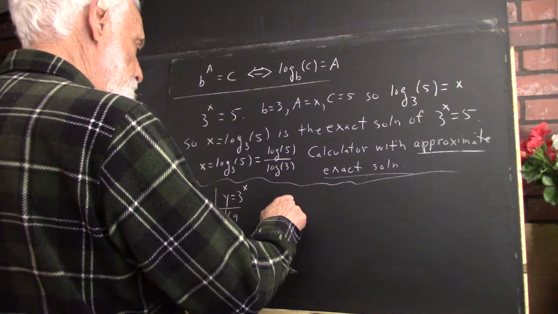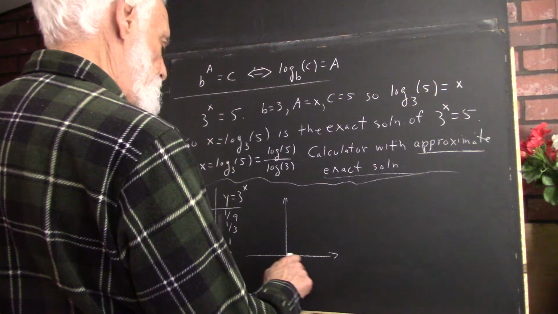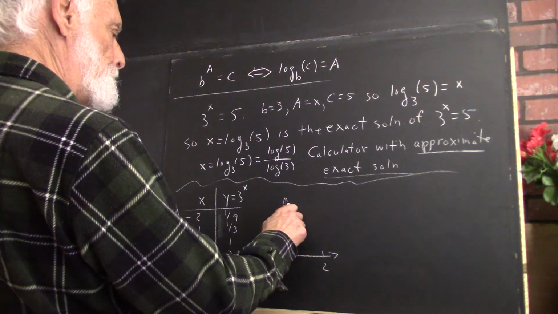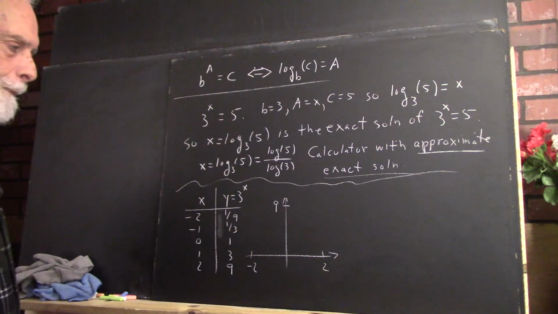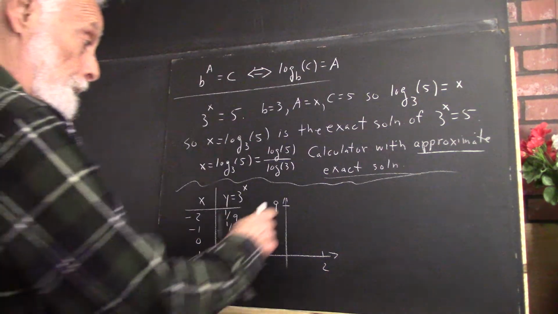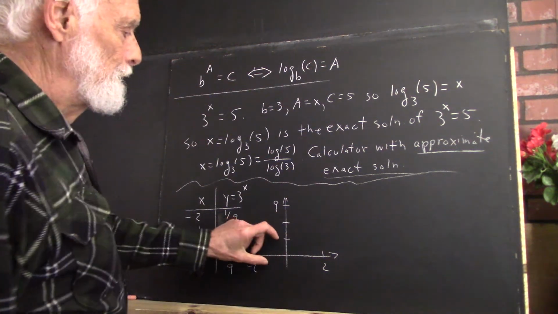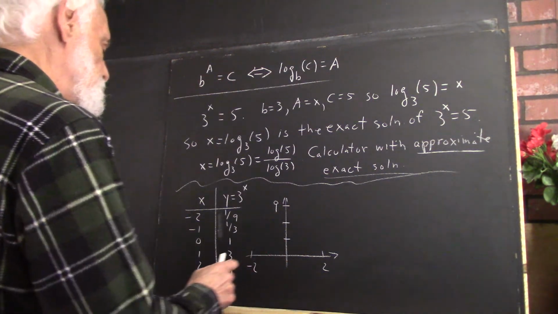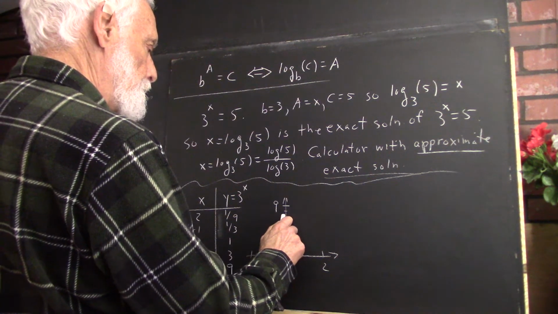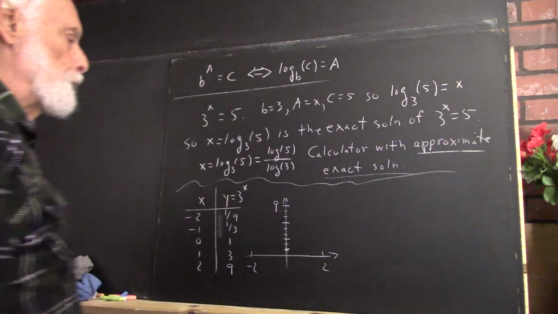We can write the table. We can use the table to construct the graph. So here's 2, here's negative 2, and here's 9, because 9 is the biggest value you have. Okay, well, we can't subdivide that in 2, but we can subdivide it in 3, more or less equal intervals here. And then we subdivide each of those into 2 subintervals. And we have a reasonable